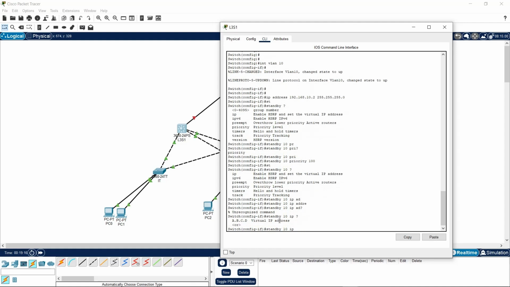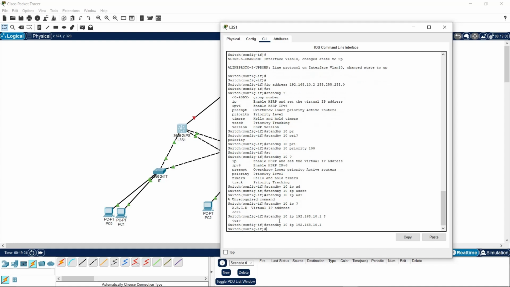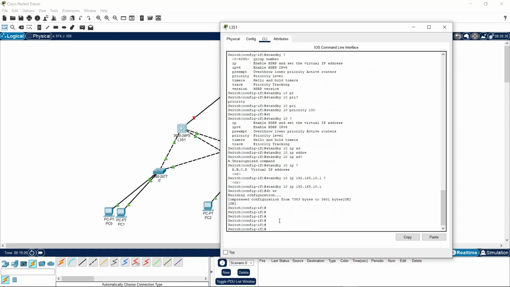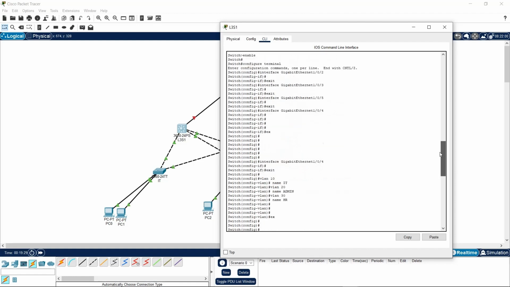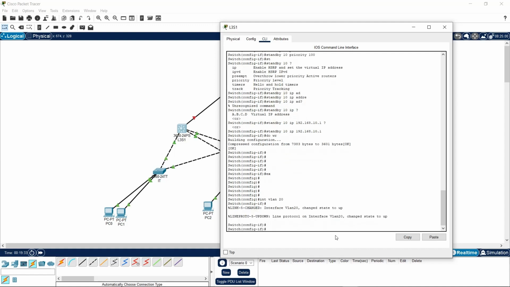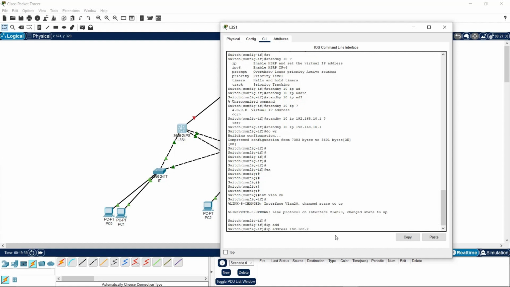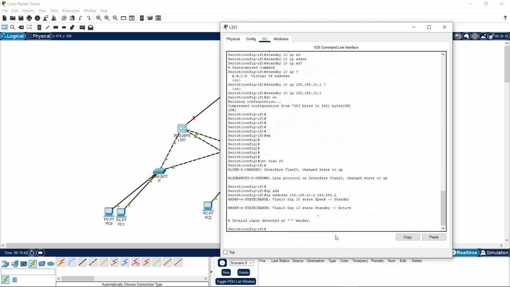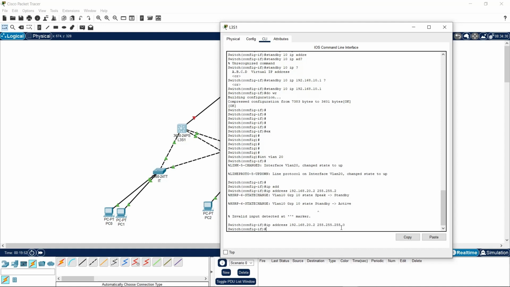Okay, you don't need to write IP address. So 192.168.10.1. Okay, we set that, and as we did this right here, we are going to do it for interface VLAN 20. So remember, you first add IP address 192.168.20.2, 255.255.255.0. Okay, as you can see, it's changed from standby to active. Okay, then you do standby